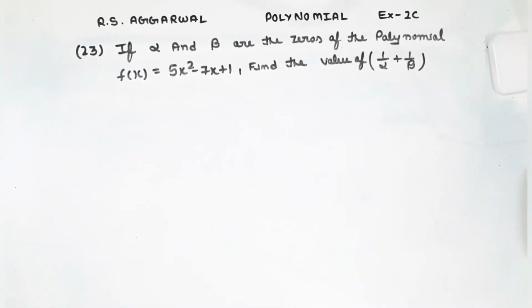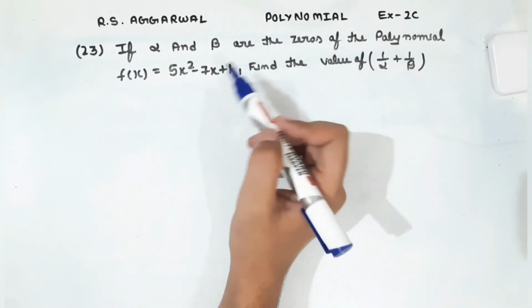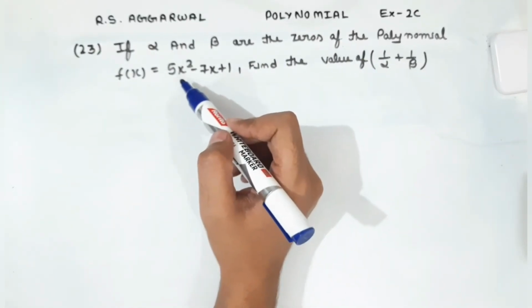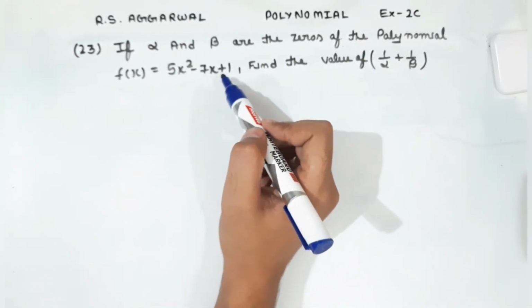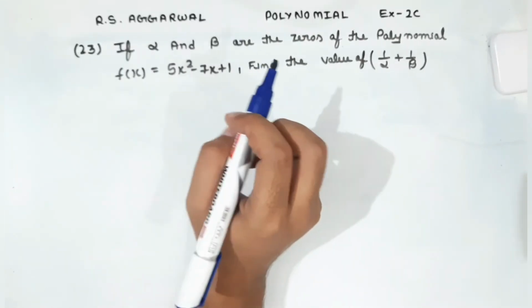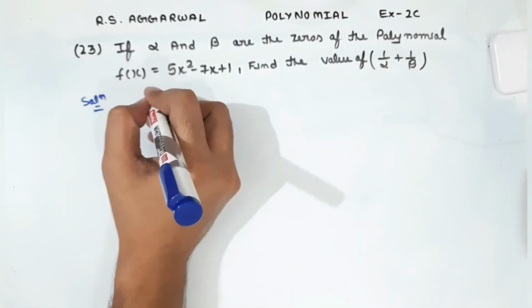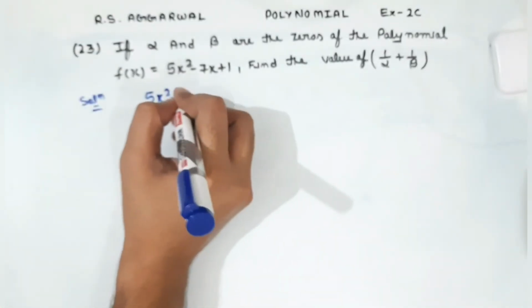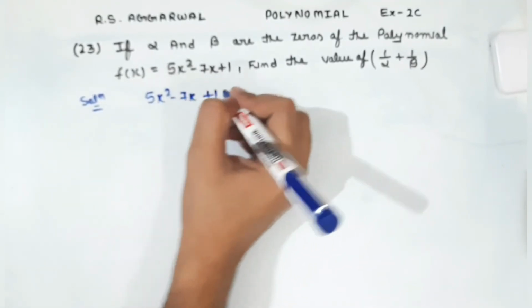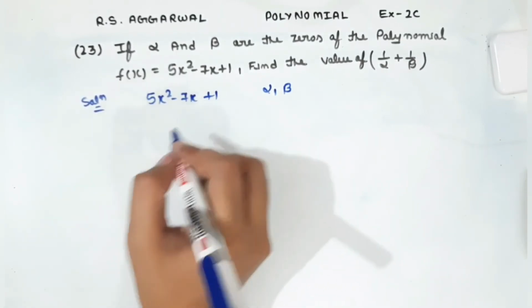R.S. Agrawal chapter polynomial exercise 2C question number 23. In question number 23, if alpha and beta are the zeros of the polynomial fx equals to 5x square minus 7x plus 1, find the value of 1 upon alpha plus 1 upon beta. In this problem, we have given a polynomial 5x square minus 7x plus 1 whose zeros are alpha and beta. So for this polynomial,